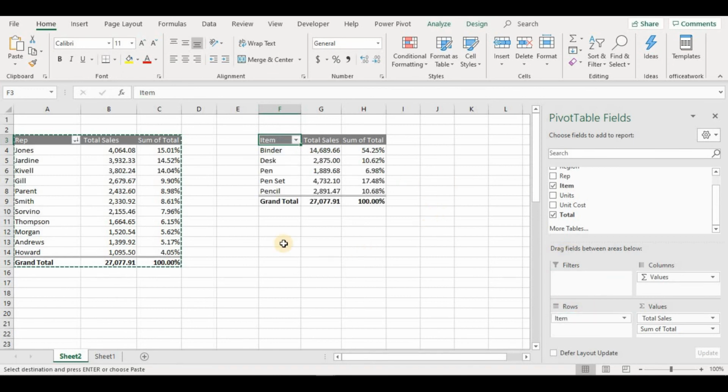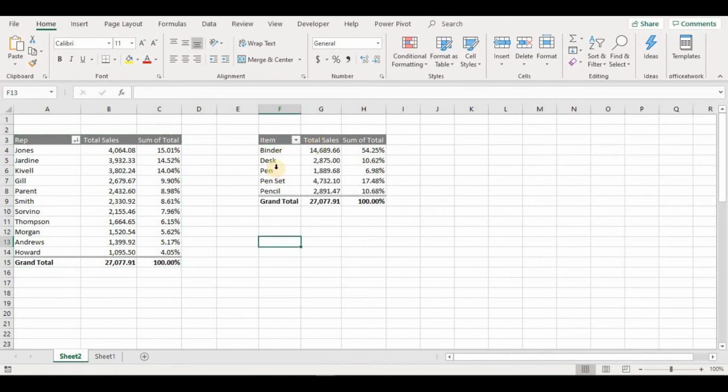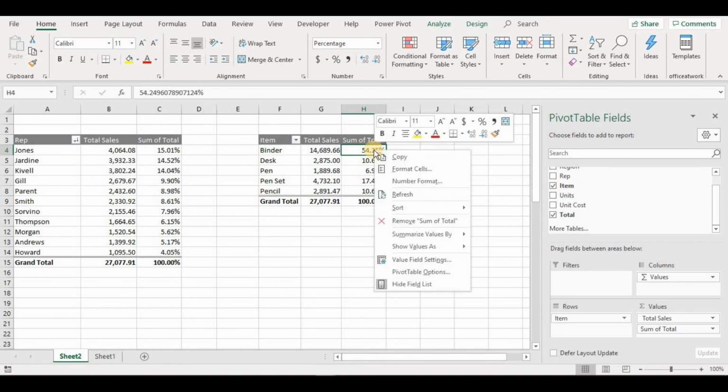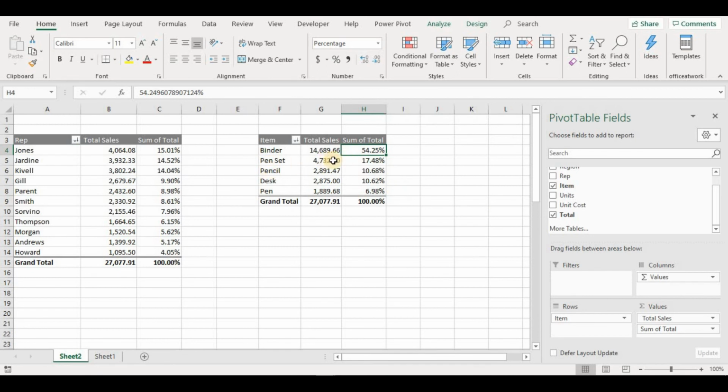For example, you can see it is showing the item level, what are the sales, and also if you want to format this one largest to smallest by percentage also you can change it.